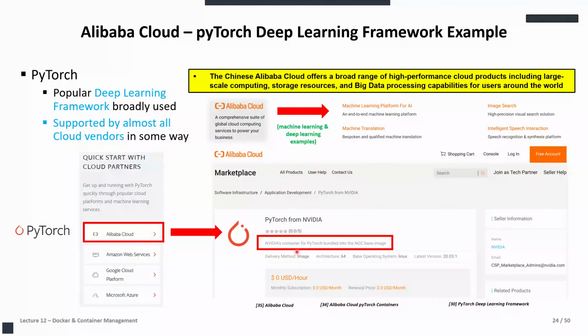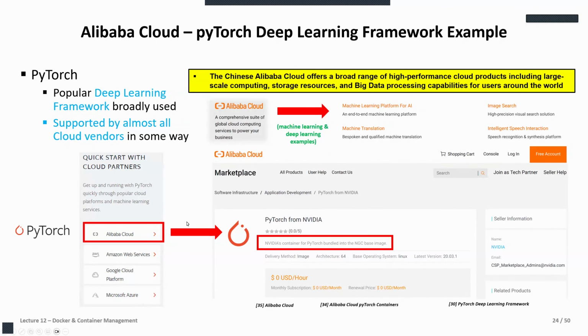Here you see also, just as an illustration, that the deep learning framework is then, of course, also based in this Alibaba cloud on a container technology, that you basically have here with NVIDIA's container for PyTorch, meaning that underneath you would also have the GPUs that you need, supported by this container. So you have the right drivers and so on that you need to really leverage CUDA from NVIDIA. And you see also again that of course you can go to all the different cloud vendors here, the hyperscalers if you want, and they have very similar solutions.